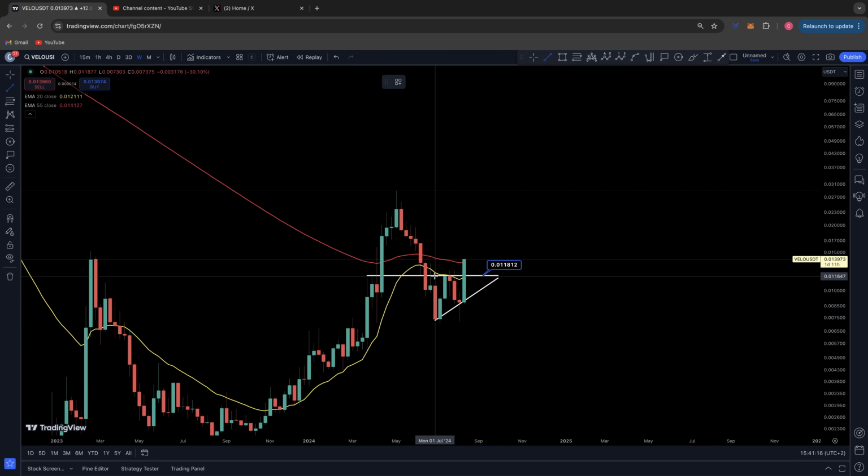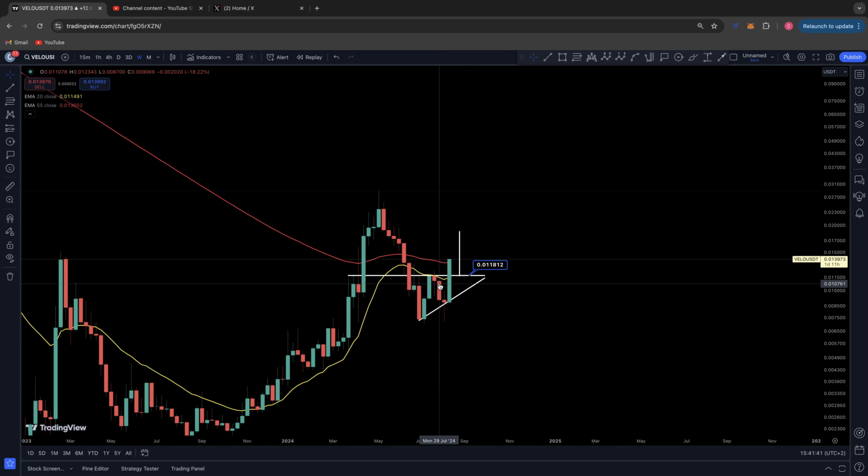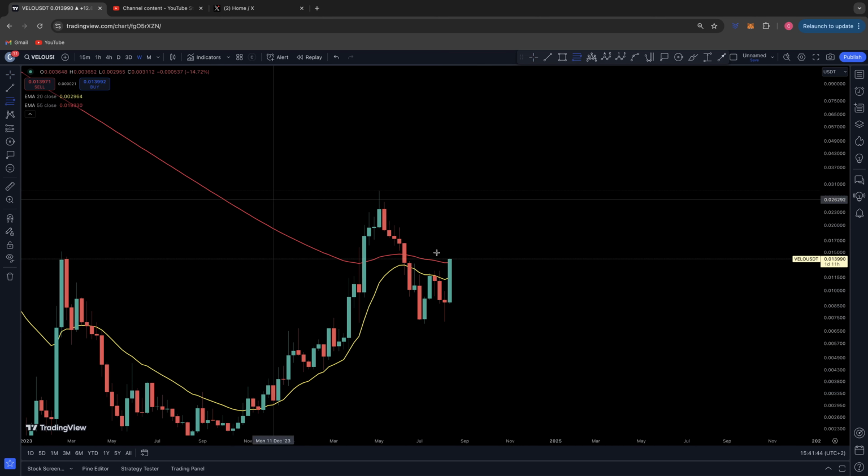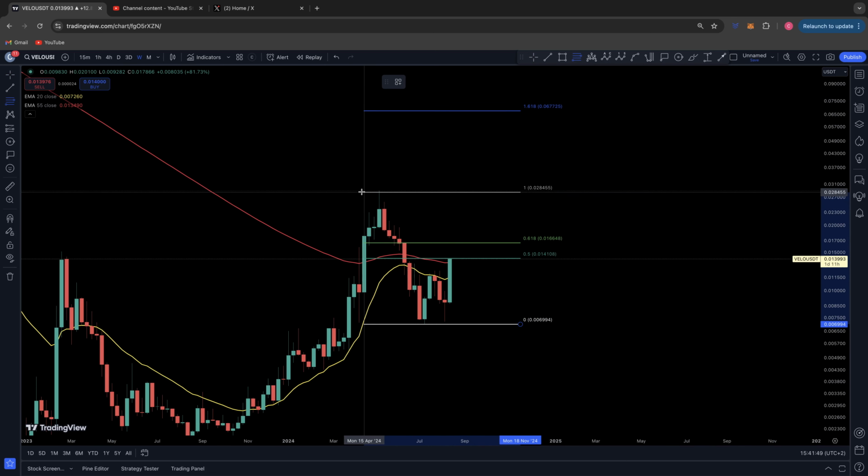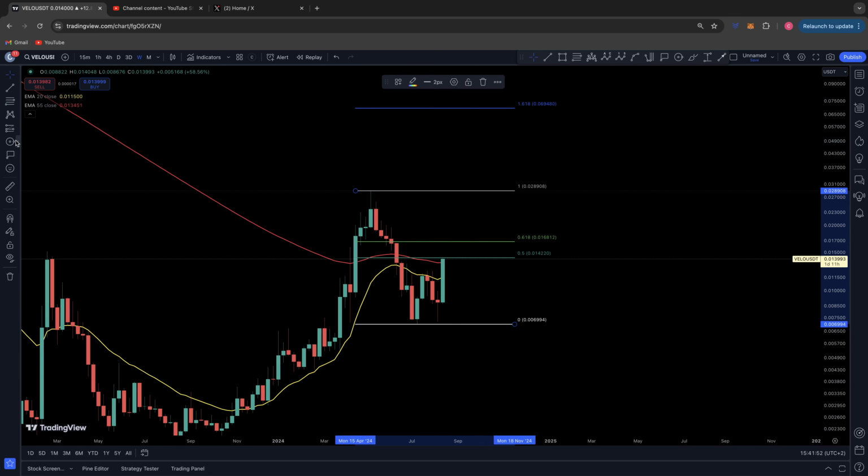So that's the double bottom target on the weekly; on the daily it's a bit more clear. I will zoom in and get some ranges on, but the double bottom breakout target for us right now sits at 0.018, and that's not including wicks and going to wick lows, because I've got a target up to 0.02, I believe it is. But to be conservative, I want to look for the 0.018 range, and this is an interesting level to look out for as well, because going from our recent 0.007 lows back up to our 0.028 high,